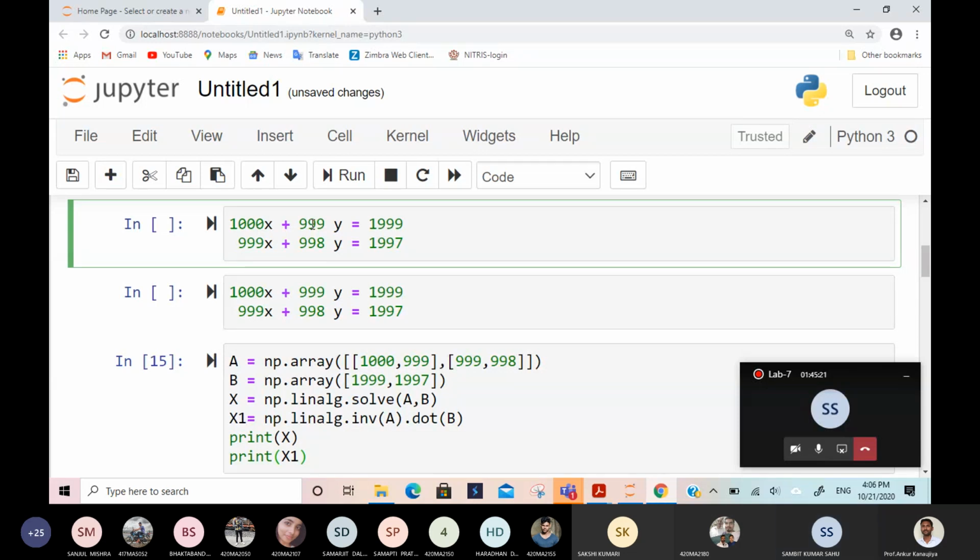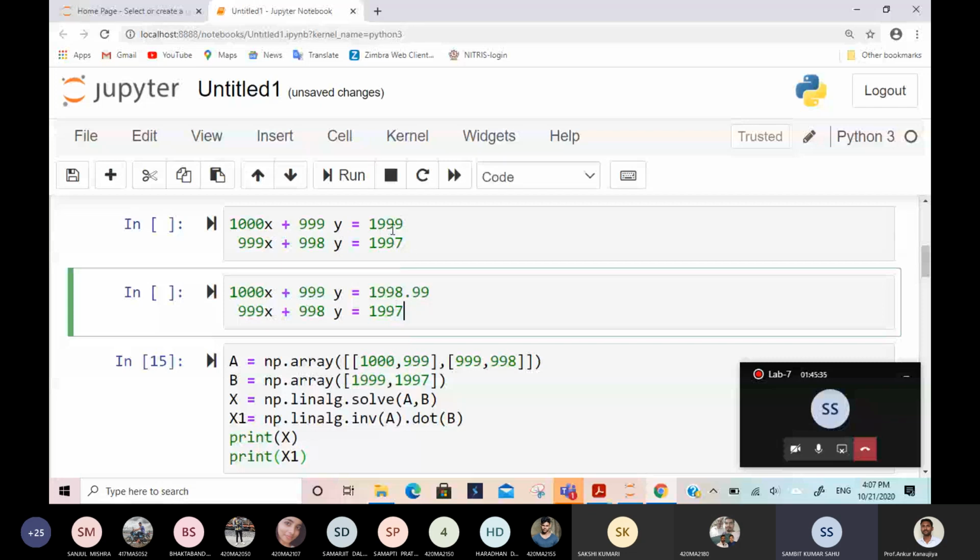Just see what I'm changing here in the previous problem. Here I'm writing 99. See, it is very close to the actual one. Here it was 1999. Here I wrote 1.99, and here I wrote 1.01. Now guess the answer. I only changed the right hand side a little, and I'm expecting you to guess the answer. I am not asking for the exact answer, just your guess. What will be your guess? 1.99. 1.99 means 2. Okay.